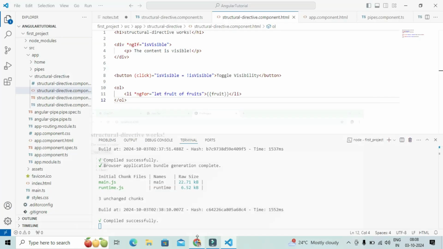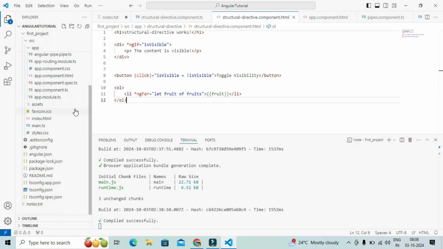So it is working as a for loop in other languages. It renders the elements in the list one by one. One by one the values are taken, and it will add these values on the DOM, and the DOM will render that on the HTML. Okay, and that will be printed on the browser. So this is basically the ngFor loop.